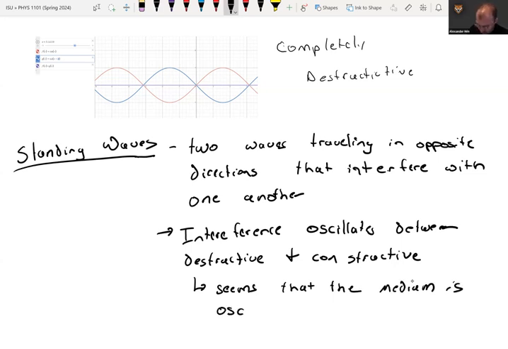What this inevitably looks like is that the medium is oscillating, I'll say, while standing in place. And this is why it's called a standing wave. Because in general, waves move. But if you have waves traveling in opposite directions, this can result in an effect where it seems like what you have is just a wave pattern, but it's really just the medium oscillating back and forth, and the medium will do different things. But really, that's kind of what's going on. So I think the easiest way to see this is